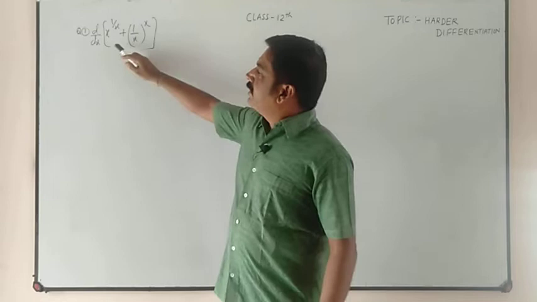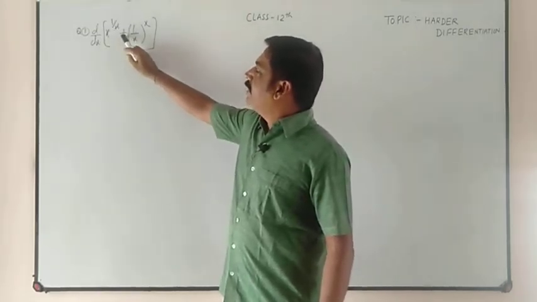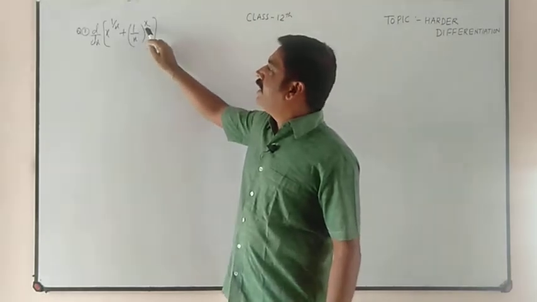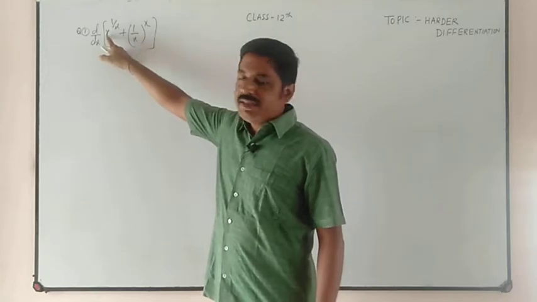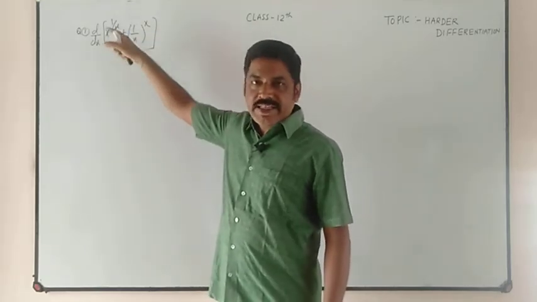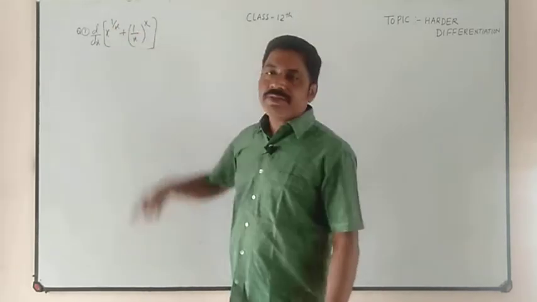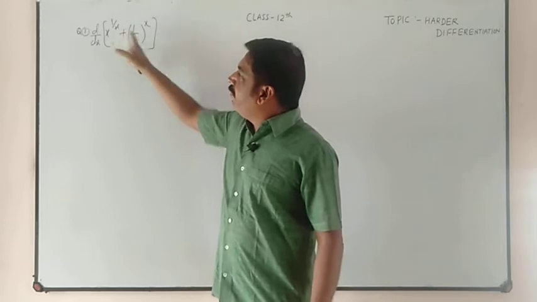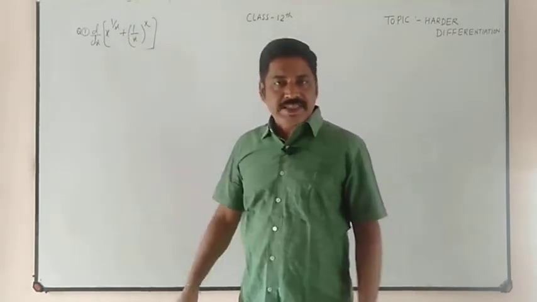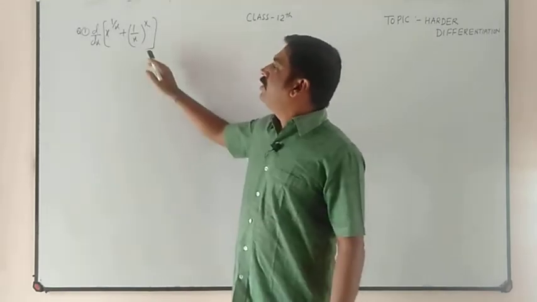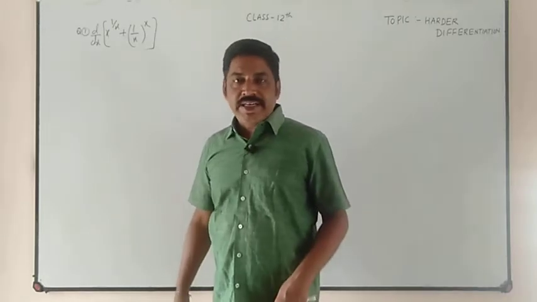See the question: differentiation of x raised to 1 upon x plus 1 upon x raised to x. Now see, x is itself a variable and raised to 1 upon x, this x is also a variable. So variable raised to variable and variable raised to variable, but in between these two terms there is a plus sign. Clear? So variable raised to variable means we have to take log on both the sides,